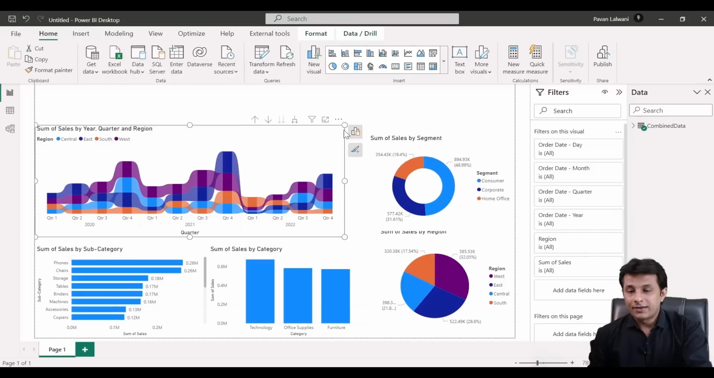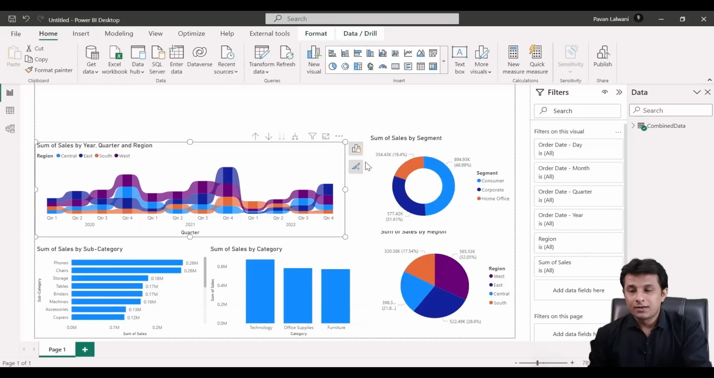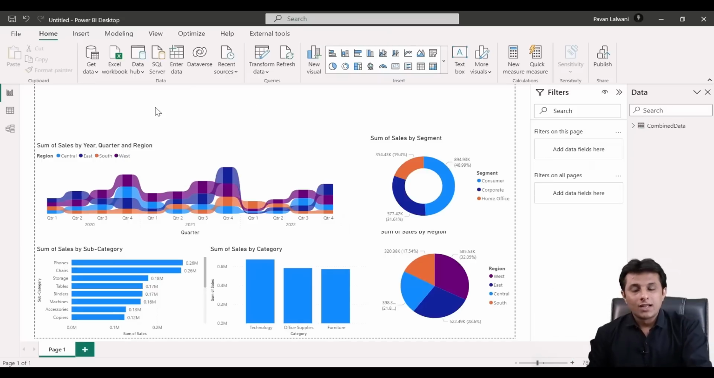Now, we have created multiple visuals over here. What I want to show is, we'll arrange it properly very soon. We'll make it a little better cosmetically. Now, the other part would be,